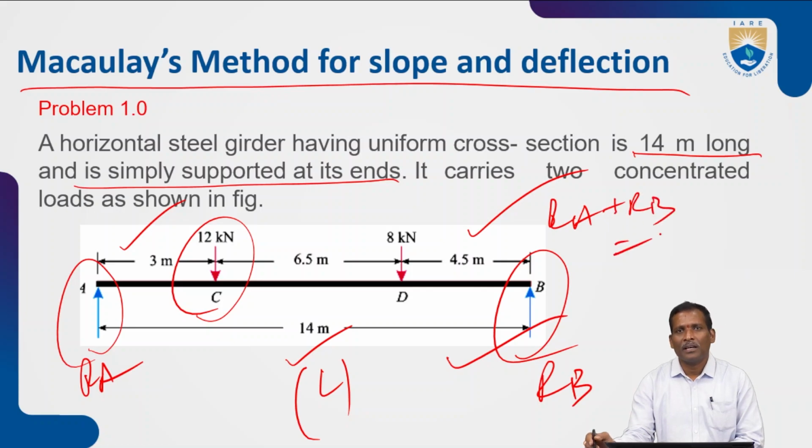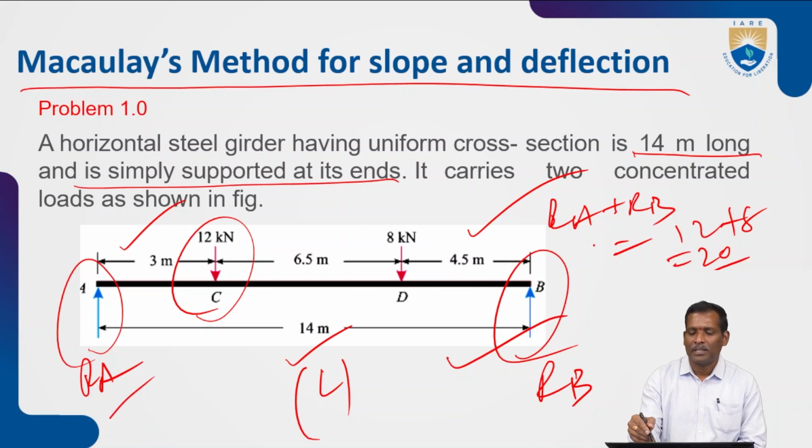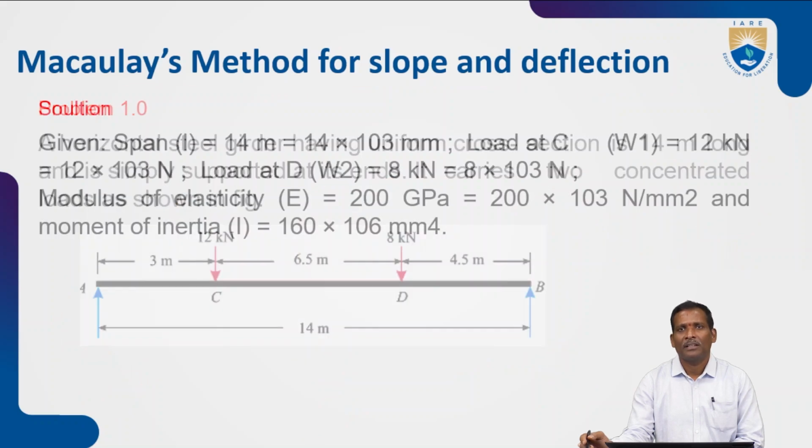So RA plus RB is 12 plus 8, total 20. But the individual forces, what RA and what RB are, you should calculate. So by taking moments,